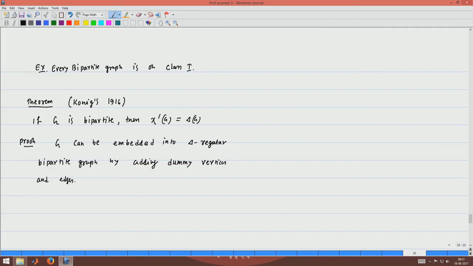What I mean by this is that you are given an arbitrary bipartite graph and it can be embedded into a delta-regular bipartite graph.